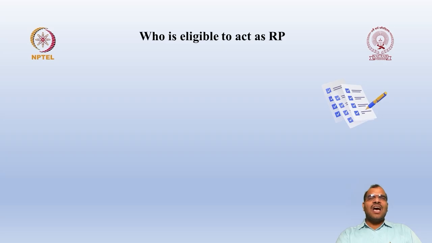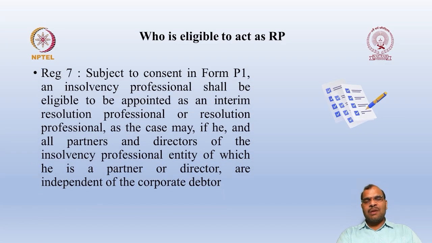Then who can act as a RP? It is simple logic. Whoever is eligible to act as a RP in the regular CRP process, the same person is also eligible to act as a RP even in the case of PP-IRP. I can tell you that PP-IRP is nothing but a replica of the regular CRP process, but the timelines are different. Other than that, more or less all the process relating to CRP will be applicable to the PP-IRP also. Now let us look at regulation 7.